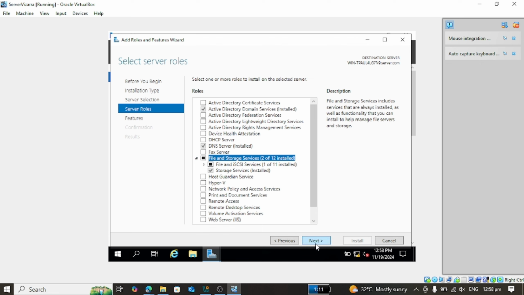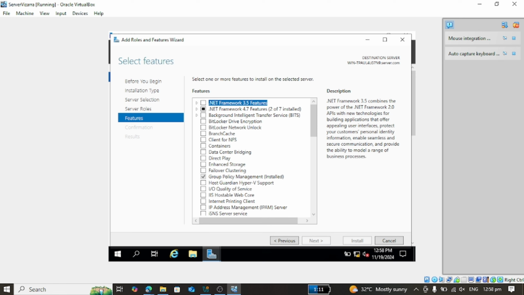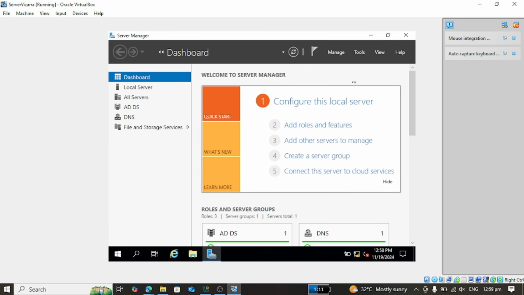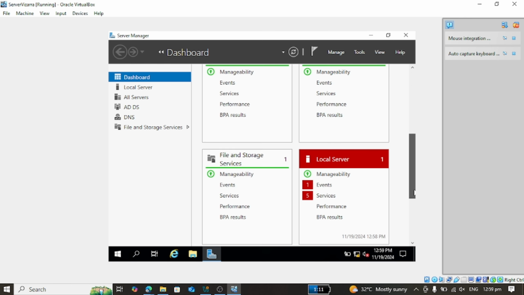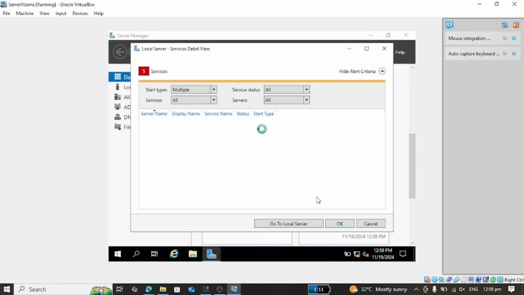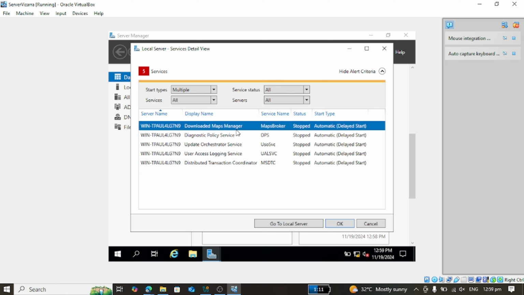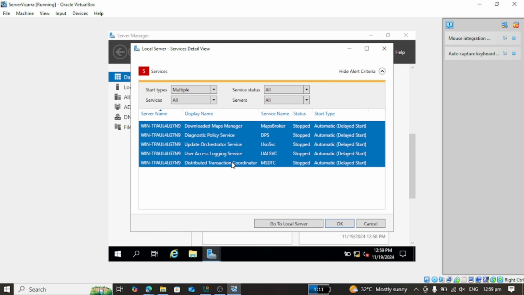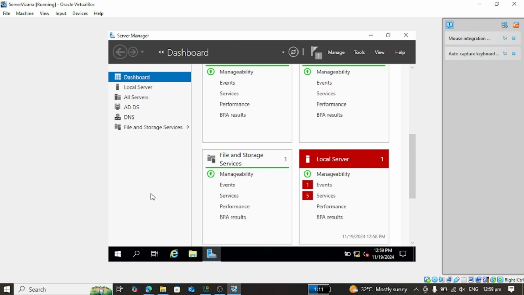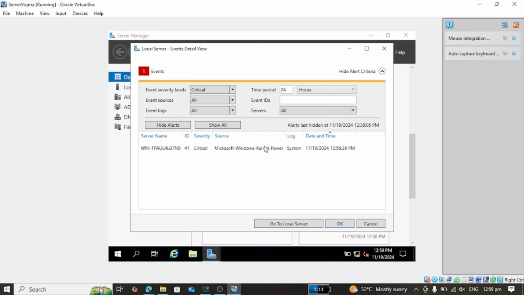After we click next, there are several roles that will pop up. So we're going to click File and Storage Services. Okay, next. Then after that, we're going to cancel it. Then go to the local server. Under the local server,